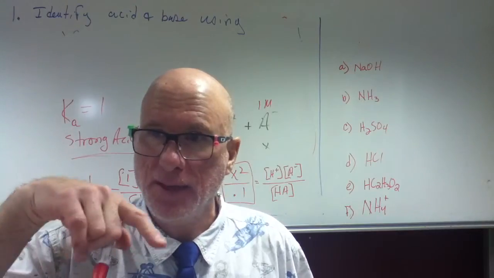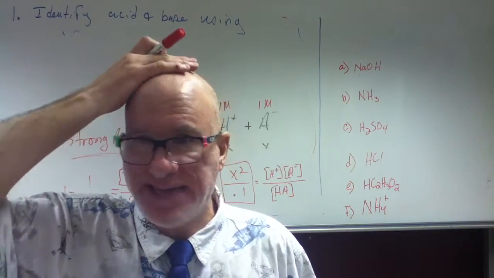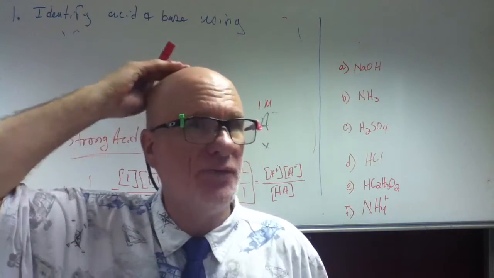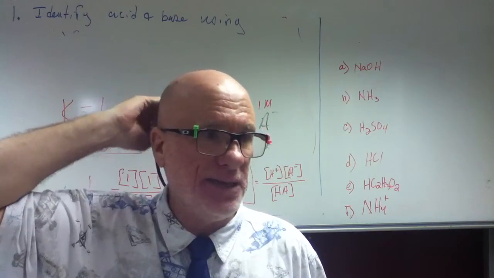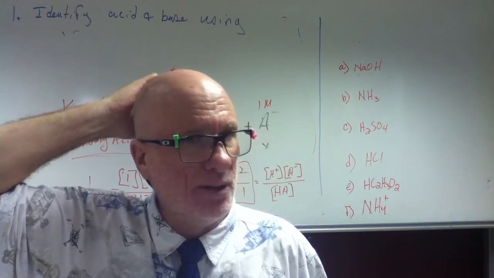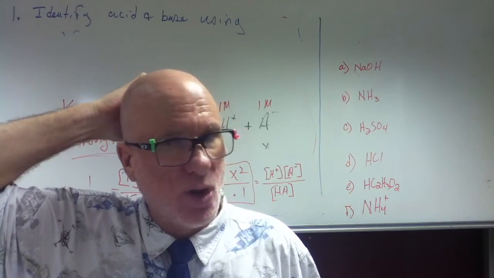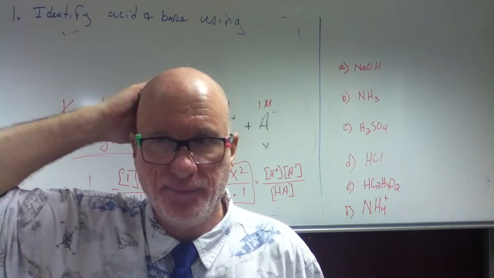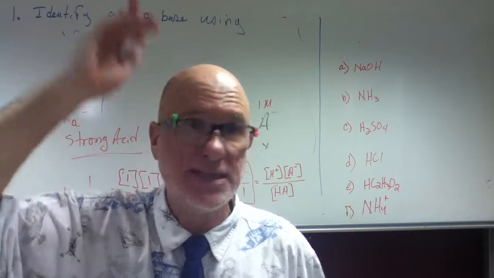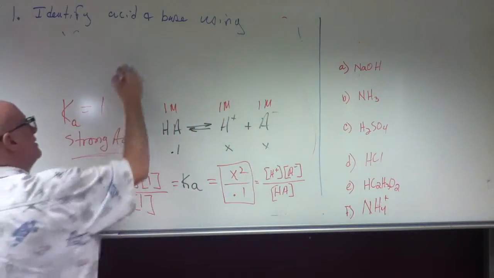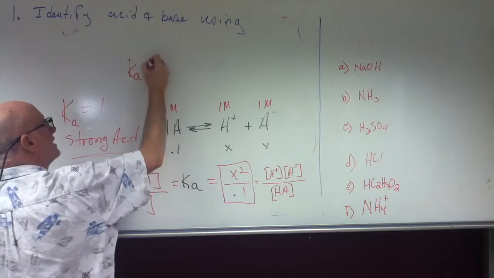They're called dissociation constants. You have a table of Kas and Kbs. Give me an example of a substance with a small Ka. Acetic acid. Good. Excellent. For acetic acid,